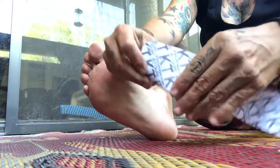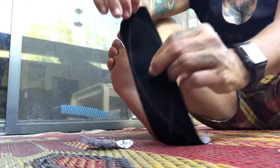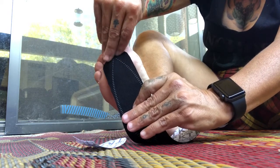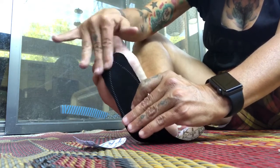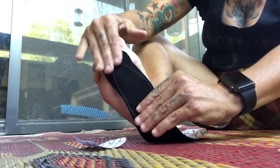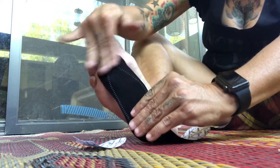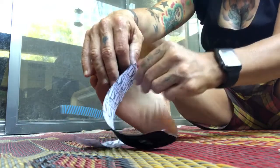And it's really easy. You just pull and tear. Peel that off and then apply it to the ball of your foot. And really rub it on there good. And then